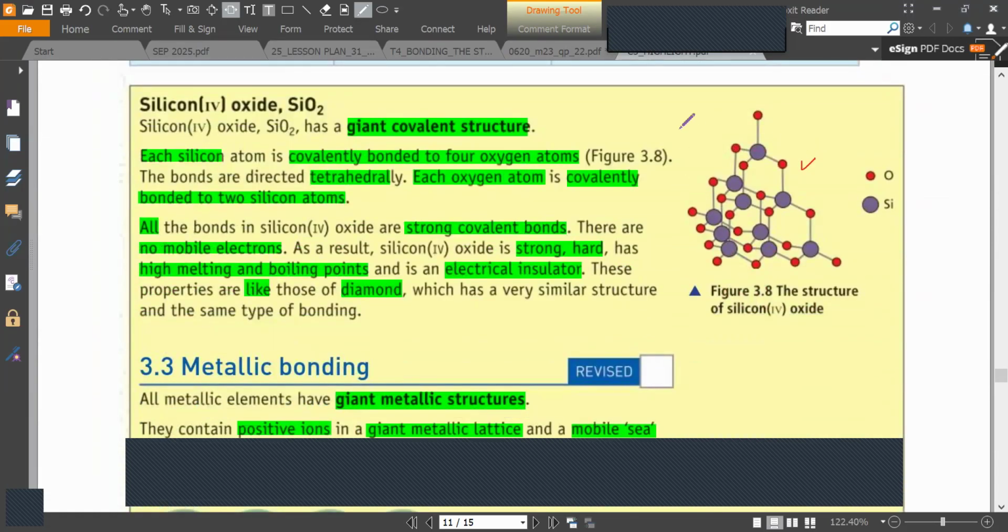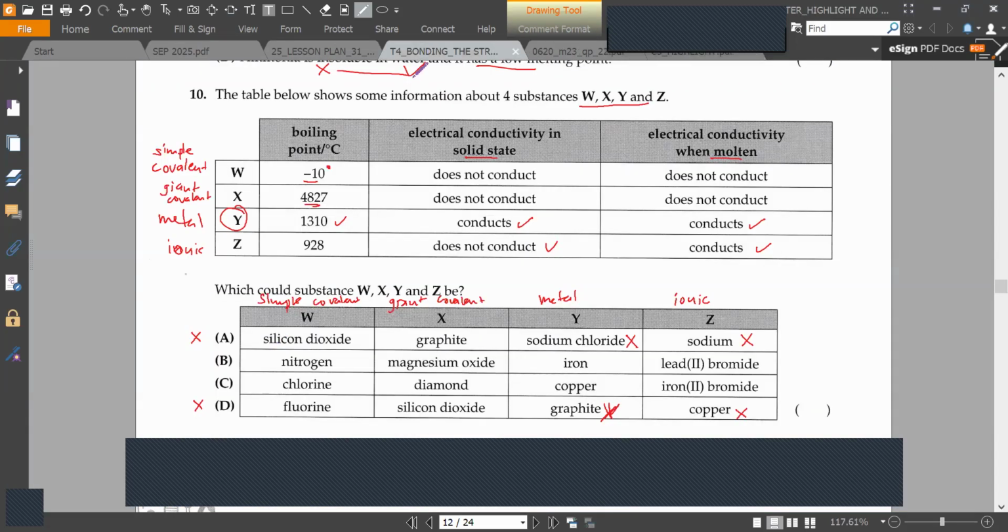This one is simple covalent: nitrogen, chlorine, fluorine. No problem. Giant covalent, magnesium oxide? No, magnesium oxide is